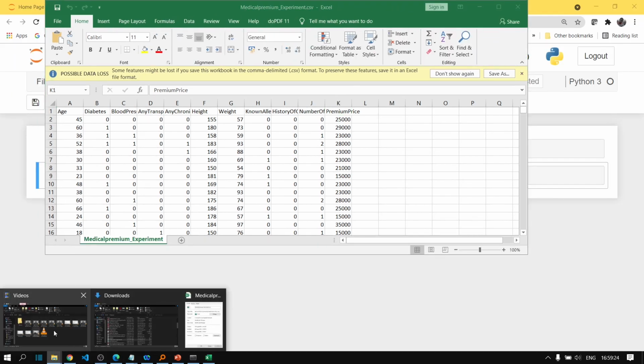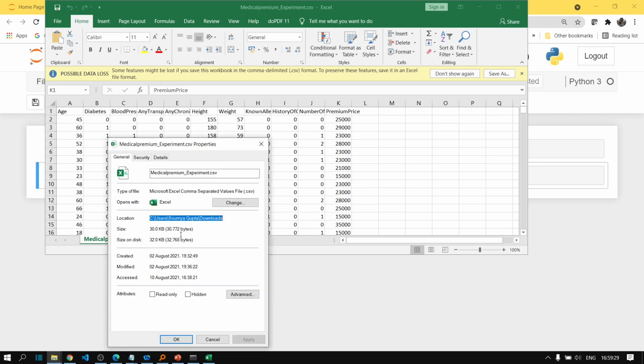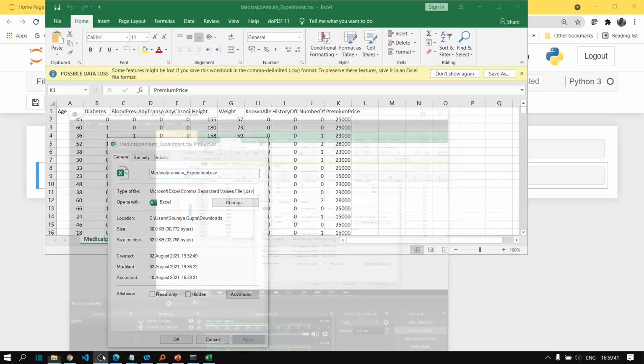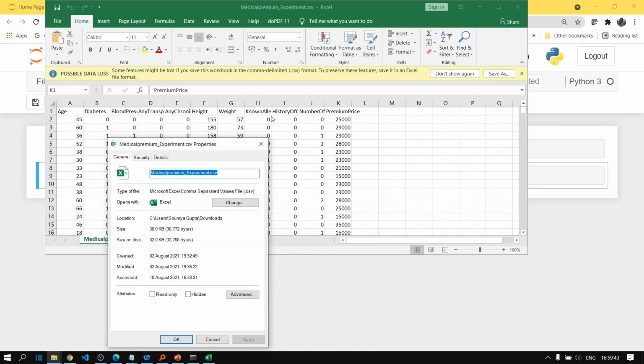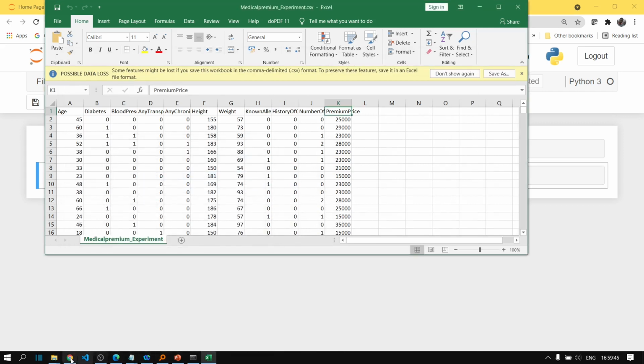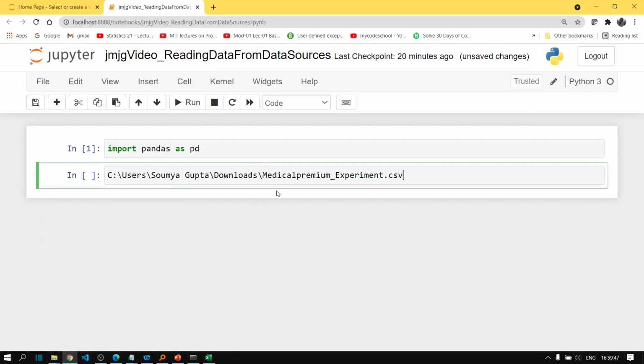Let's go to properties once again. We have to take this entire thing. You should not miss the extension, because in that case your read_csv function is not going to work. Let's paste it here.